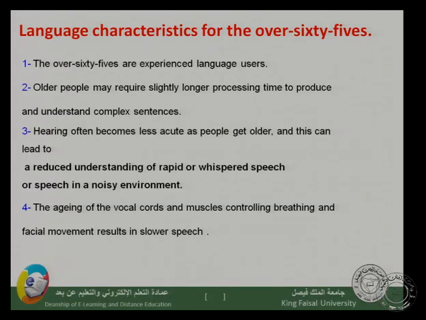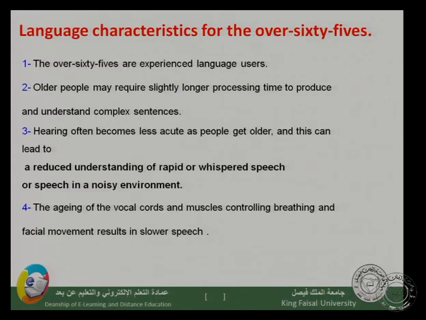Number 4, the aging of the vocal cords and muscles controlling breathing and facial movement results in slower speech. Again, because whatever sound we produce is the result of vocal cords, whether they vibrate or not vibrate. So when those vocal cords become old, or when they age, they become affected by age, and in addition to the aging of the muscles controlling our breathing and controlling our facial movement, this will lead to us speaking very